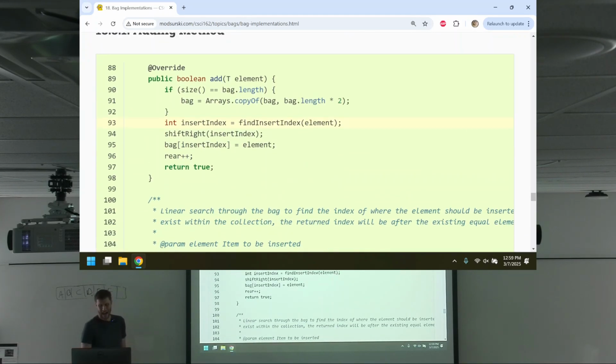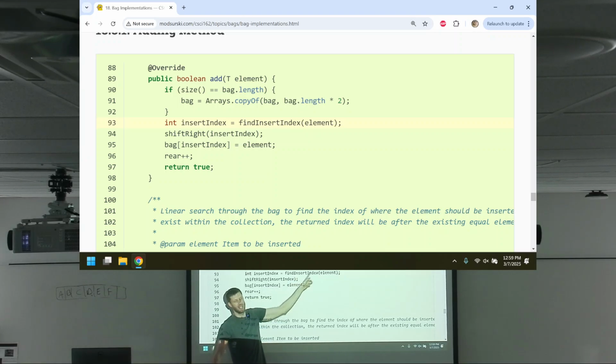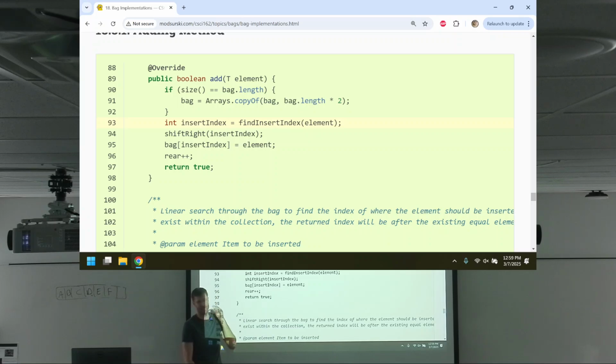All right, so add. Okay, well, add. If we don't have room, make room. Otherwise, call this fancy method findInsertIndex. It's just going to be a linear search. Shift right at that insert index, add it, increment rear, return true.